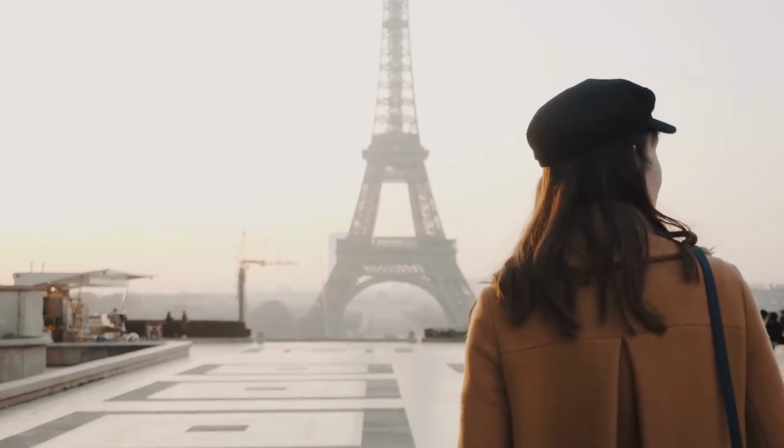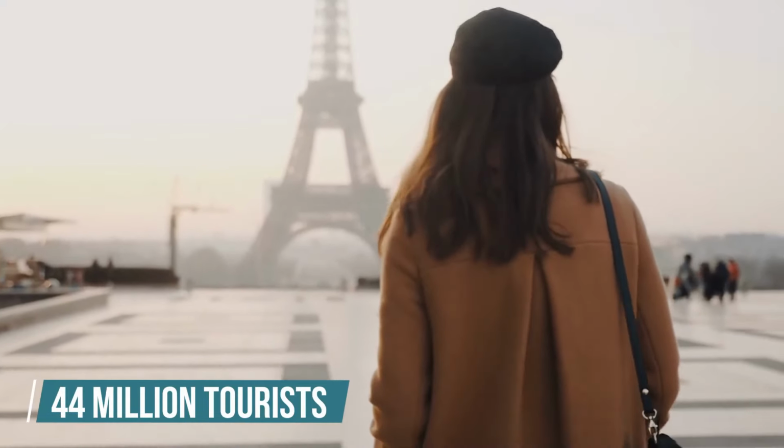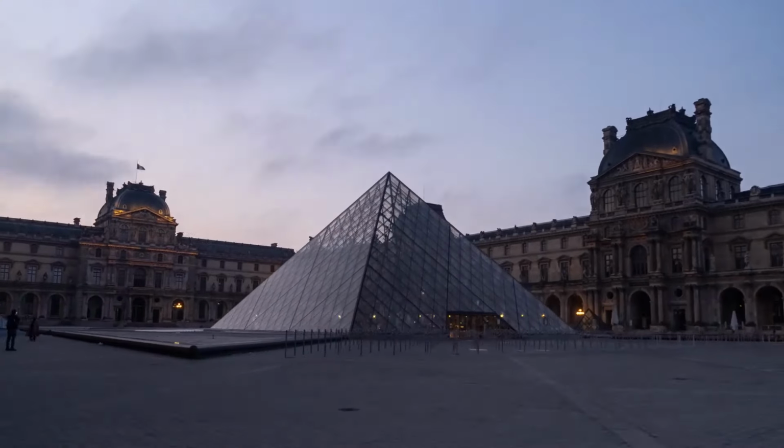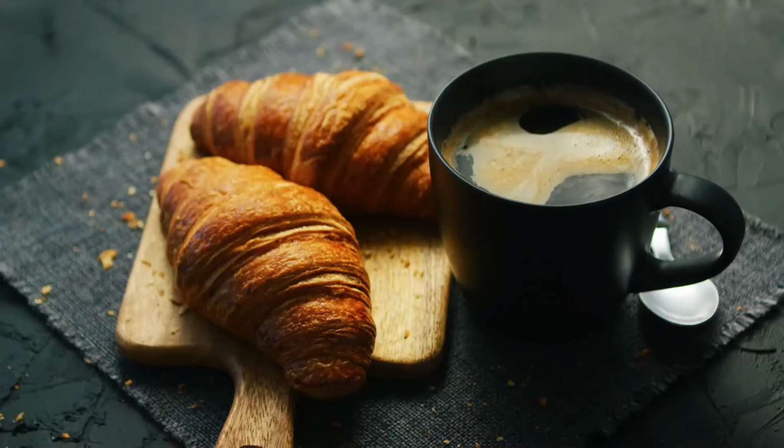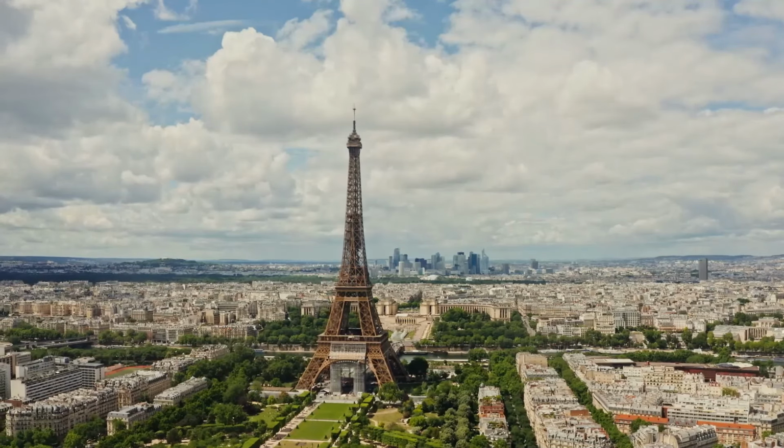Every year, millions of people flock to this destination. A 2023 estimate showed 44 million tourists traveled to Paris, making it the most visited city. But beyond the Eiffel Tower, the Mona Lisa, the croissants, it's a city with real problems, and one of them